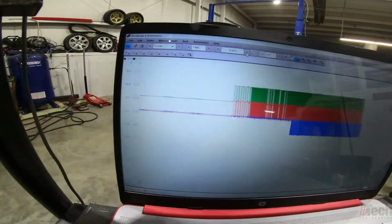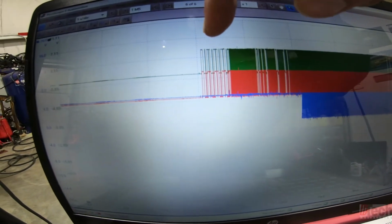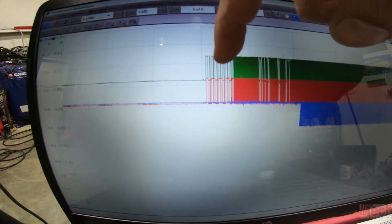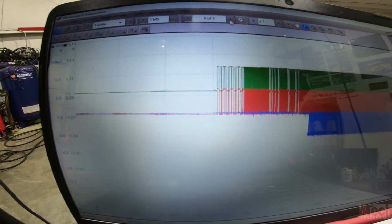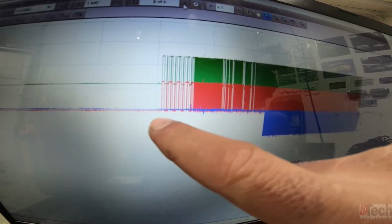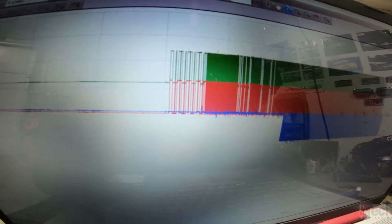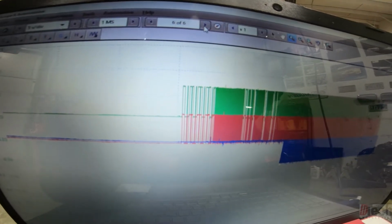And then we go over, this is where we sat with the key on, and this is when we started cranking. How do we know? Because the only way to get a signal here is to spin the motor and get the cams to spin and generate a signal. So both cams are spinning there, and they have to be spinning by the timing chain, which is tied to the crankshaft. So this whole time, even in the cranking point, the crankshaft was spinning, but because there's no sensor signal from the crankshaft sensor, that extended cranking time is the DME trying to find itself,